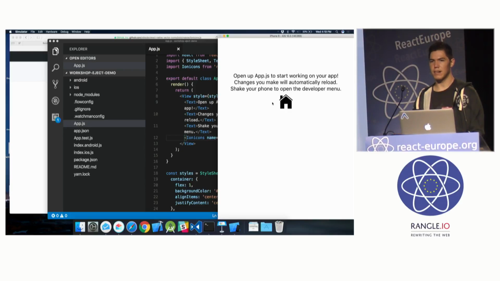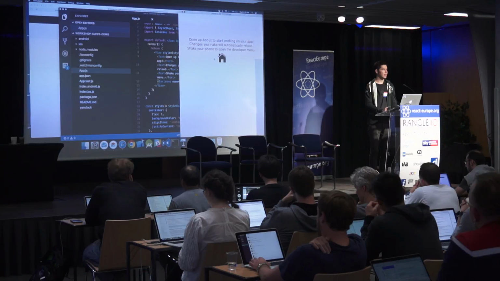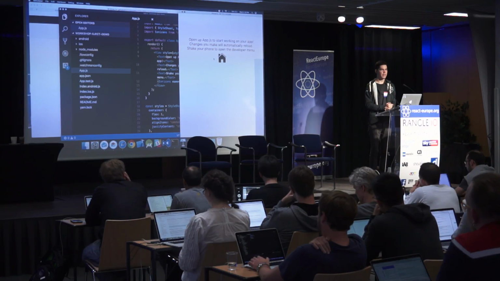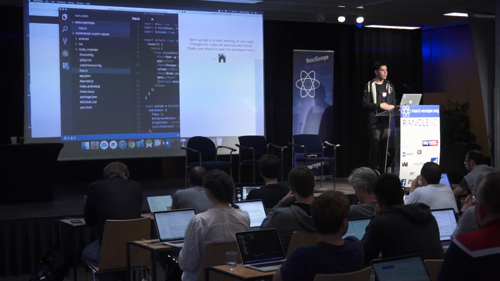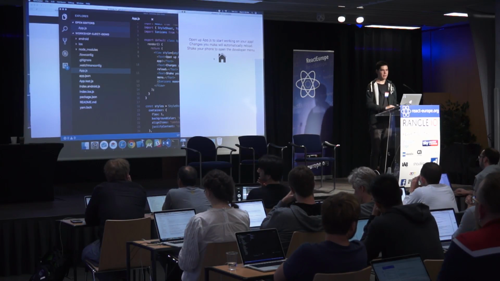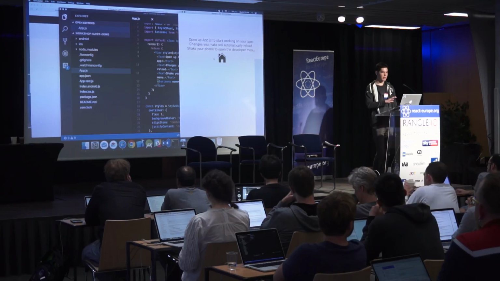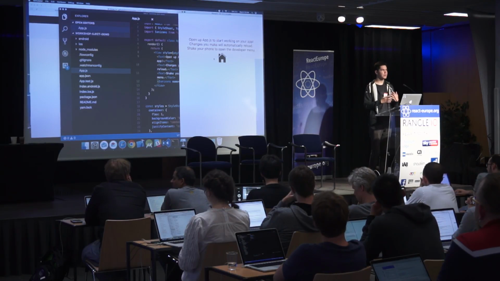This is something that is very common if you have your own custom native modules already in your already existing iOS and Android apps, or if there is a third-party component that has native code that you would like to fork and modify. You also need to be able to test it. So we're going to go through some of the